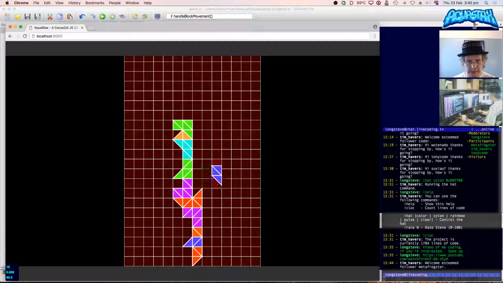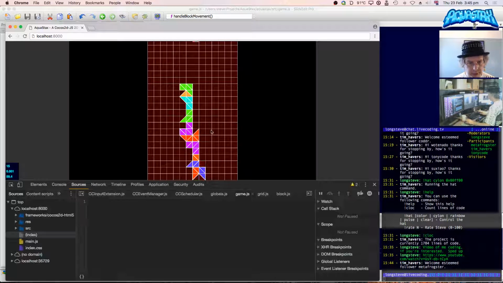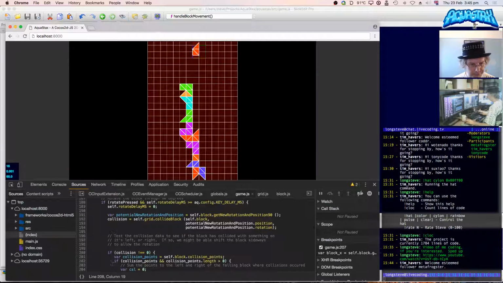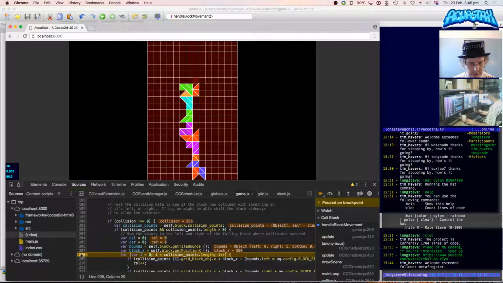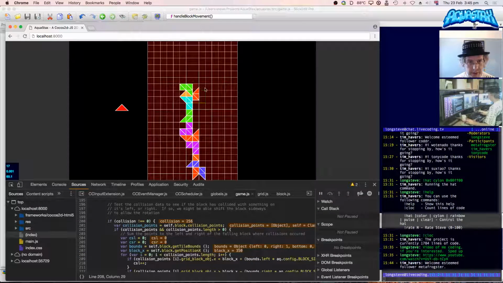No, it's still not working. That bit works, and I need to check that on the debugger. Actually, not quite there. Yeah, that's it. That's what I want, isn't it?